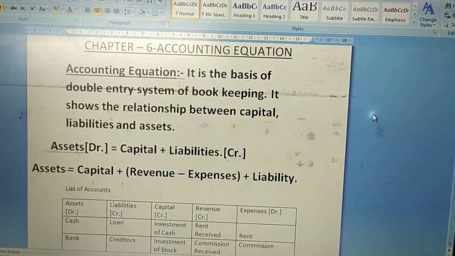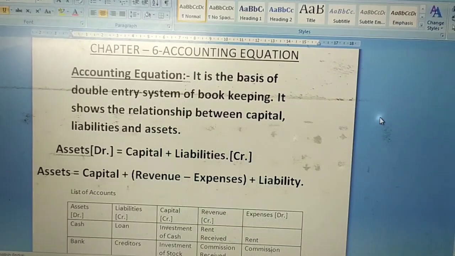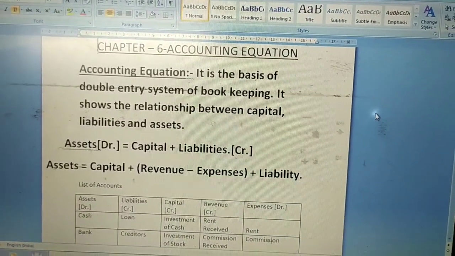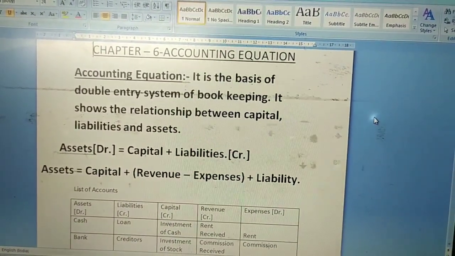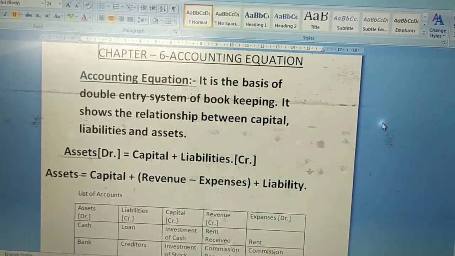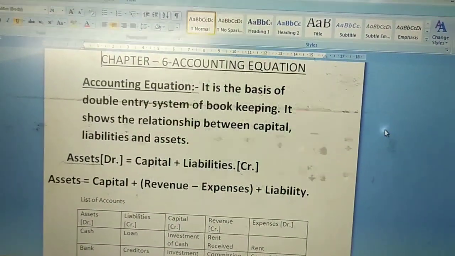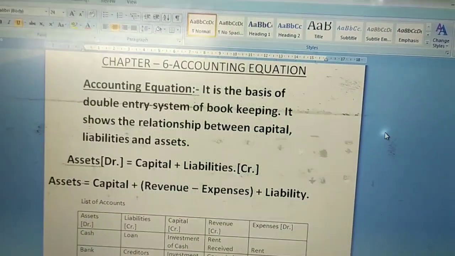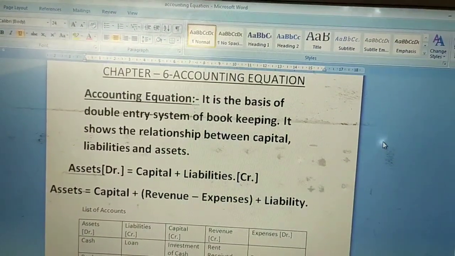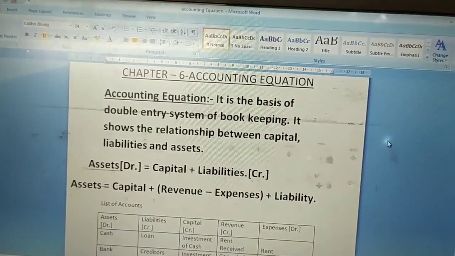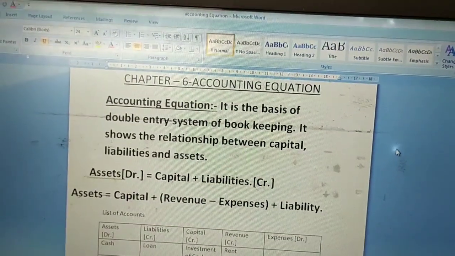First of all, we have to understand what is accounting equation. Accounting equation, it is the basis of double entry system of bookkeeping. It shows the relationship between capital, liability and asset. Simple formulas are given. Asset is equal to capital plus liability, and again one more formula, asset is equal to